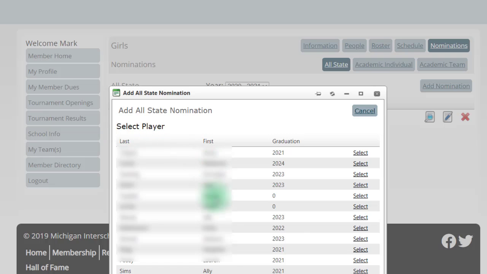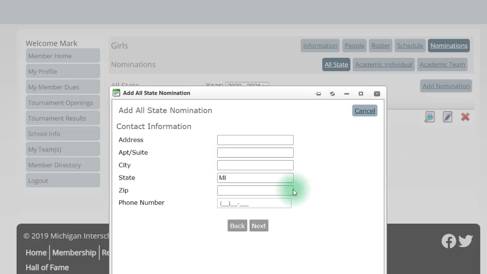You can then see that all my players are here in their graduation year, that I can select any of these players that I would like to nominate for all-state. So if I click on one of them, it will then walk me through that I'll need to add their information. So you're going to need to get their address or their city, their state, their phone numbers. You're going to need to get all that information so that they can be contacted and letters can be sent